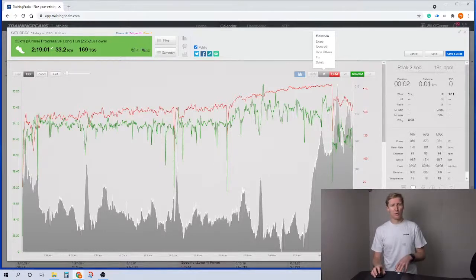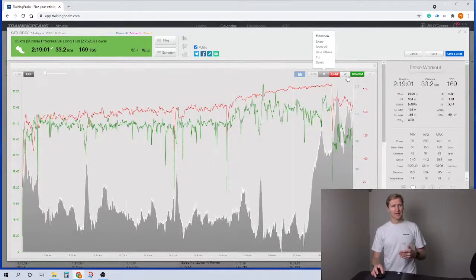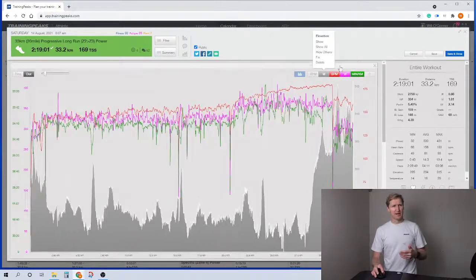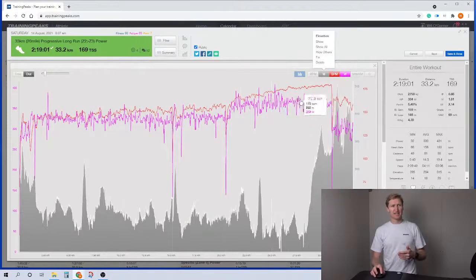So all of my peaks are from about 10 minutes, 178 all the way up to 180. So there's nothing huge there. It's all just continuous, and we can see that in the graph. Heart rate's just slowly increasing, and if we bring in power and remove speed, power's pretty steady, drops away a little bit at the end, heart rate continues to increase. And then if we look at power,